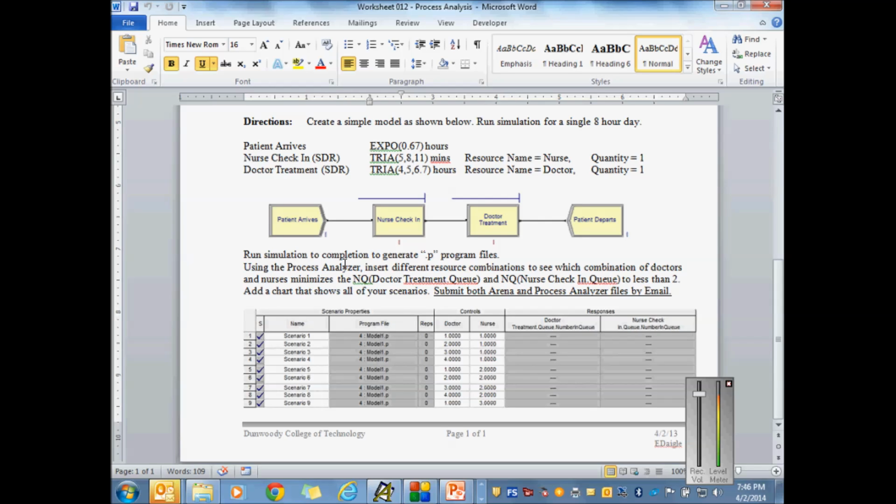Run the simulation, save it, run it to completion to generate your .p file. Use the process analyzer, insert different resource combinations to see which combination of doctors and nurses minimizes your number in queue for the doctor treatment queue and your number in queue for the nurse check-in queue to less than 2. Add a chart that shows all your scenarios, and you'll submit both of these